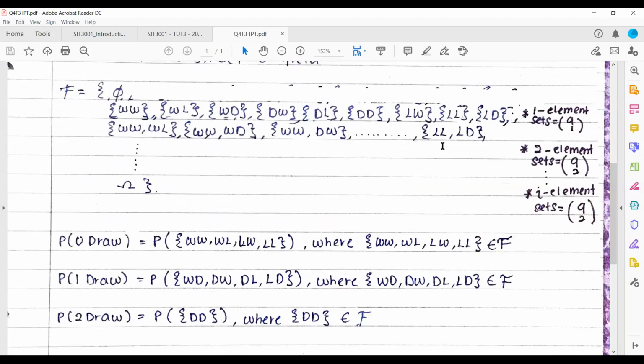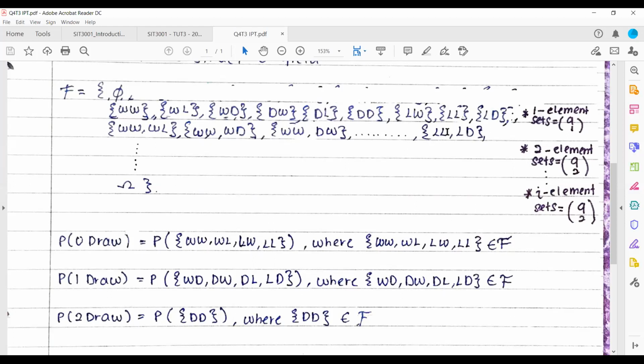For the sigma field, we know that the sigma field consists of all the subsets of the sample space. Thus, the field consists of the empty set, which is the smallest value. Then we would like to find the first element of set, which is WW, WL, WD, DW, DL, DD, LW, LL, and LD. And then we're also interested in